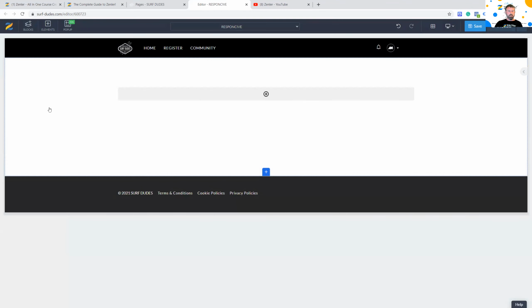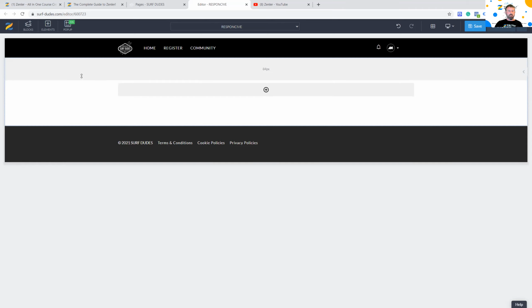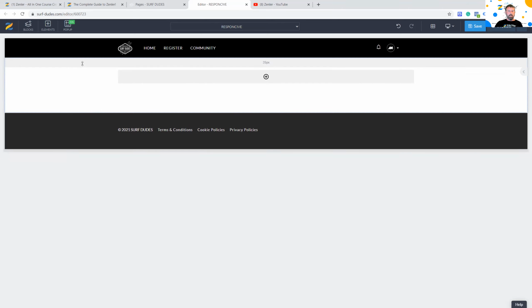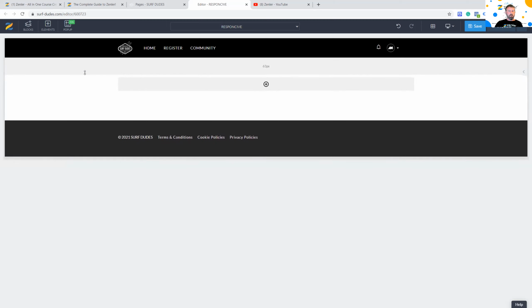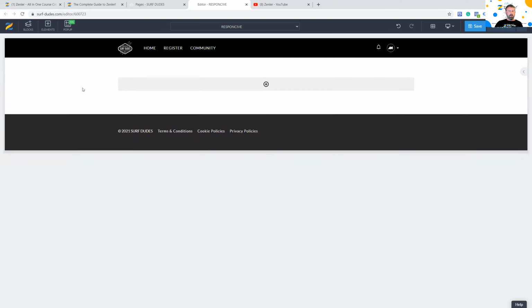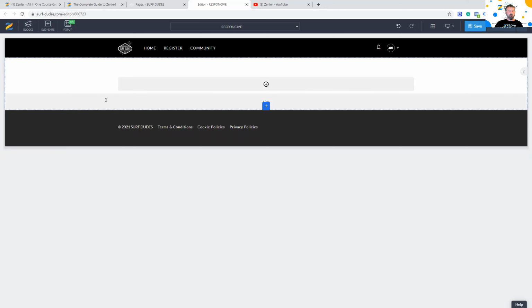You're going to notice if we mouse over this area that this gray comes up and it says 100 in there. That's basically giving you 100 pixels of padding inside that block. And if you click and drag, you can move that block up and down. You see? You can drag that to a different size, and it gives you the pixel size of that.